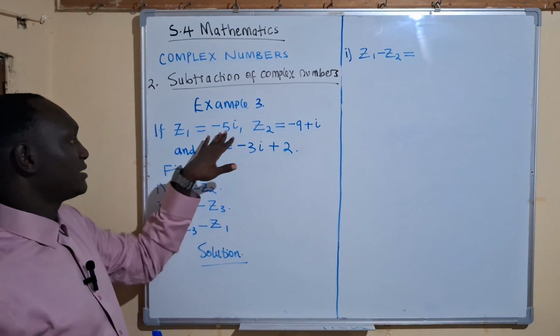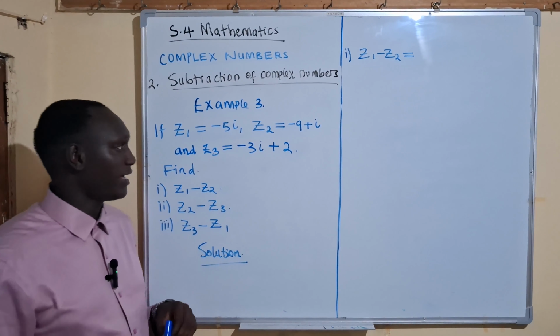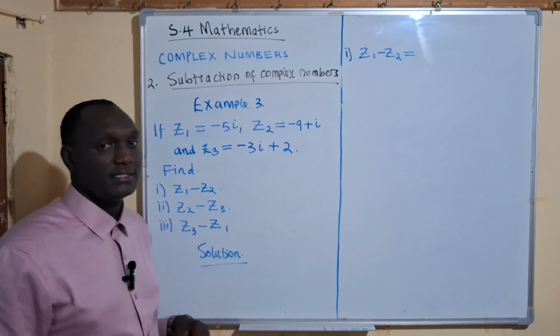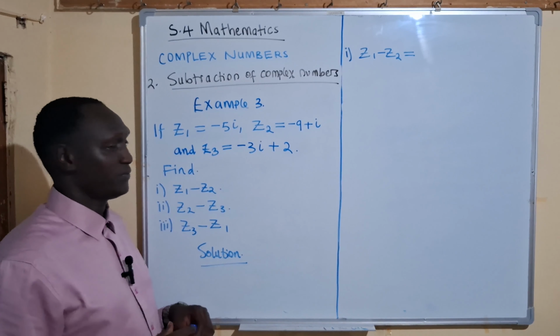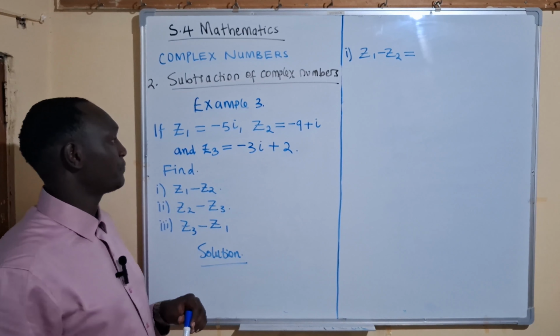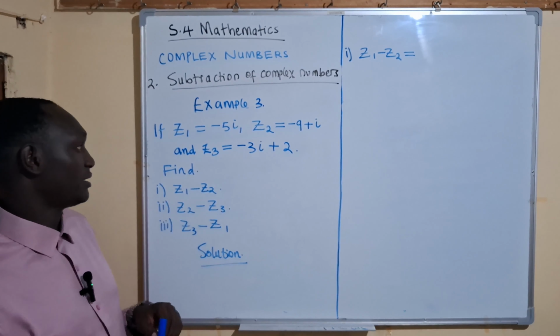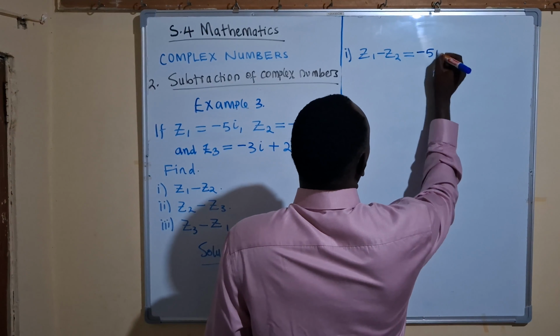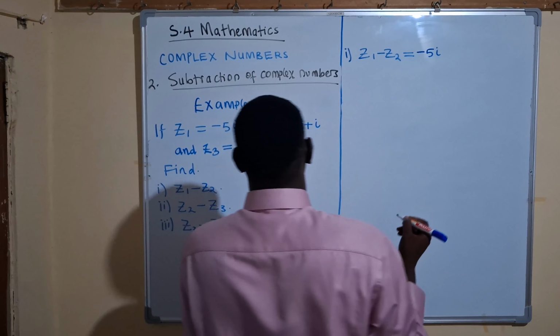What is Z1? Z1 is negative 5i. What does it mean? It implies that the value of the real part is 0. The value of the real part is 0. That's why it is not appearing there. So we substitute for Z1, which is negative 5i, and then minus